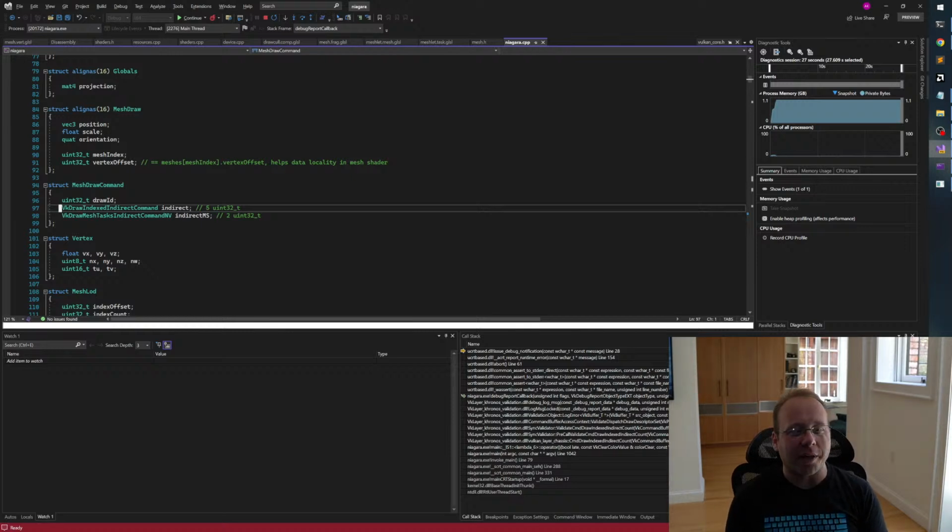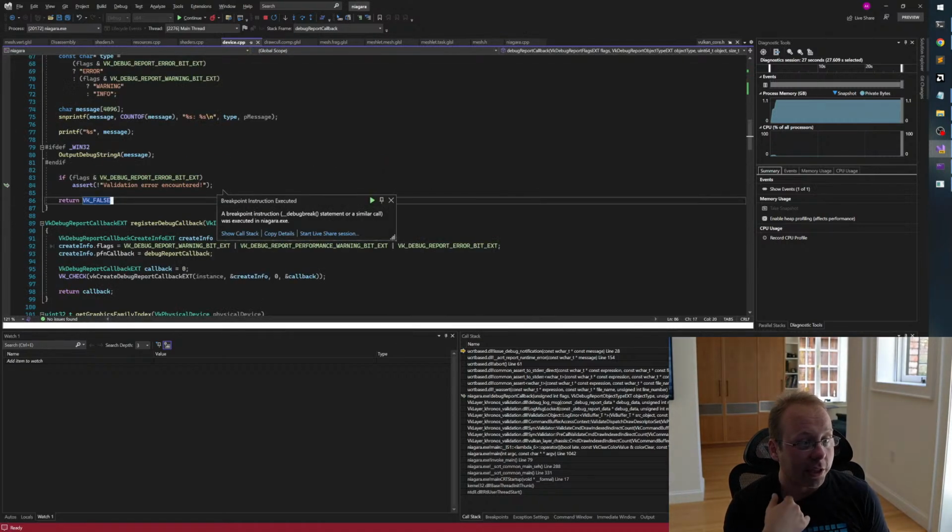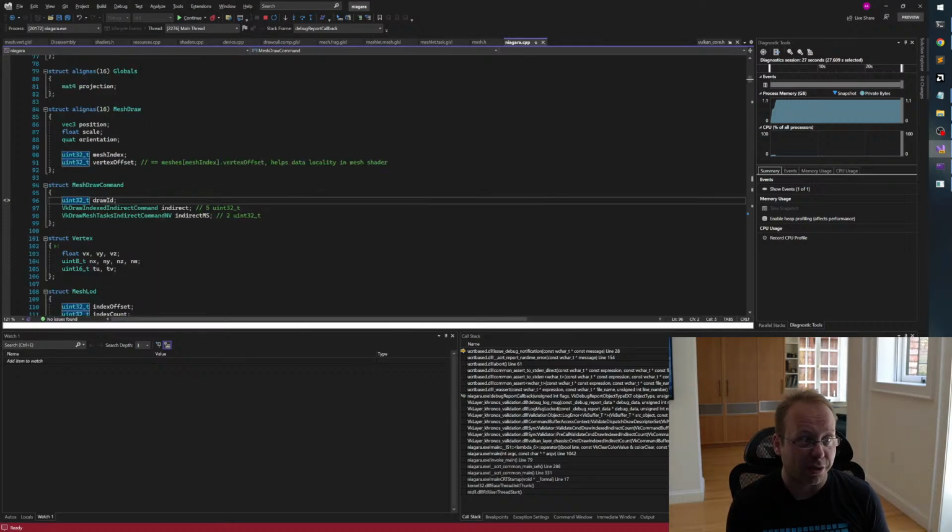Instead of having like 3 buffers, which was painful and probably unnecessary, we have one buffer that collects a bunch of info inside it, and then when we tell it draw indirect, the GPU is reading from this part of the struct, but the shader also needs to access it. Okay, so the validation layer is telling us that the shader is reading this draw ID from this buffer,